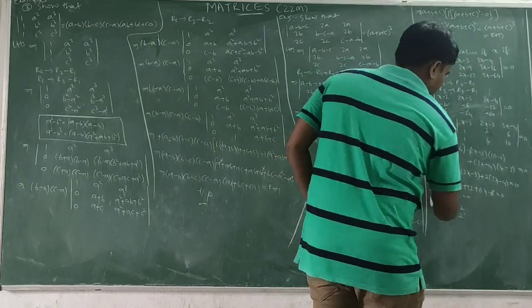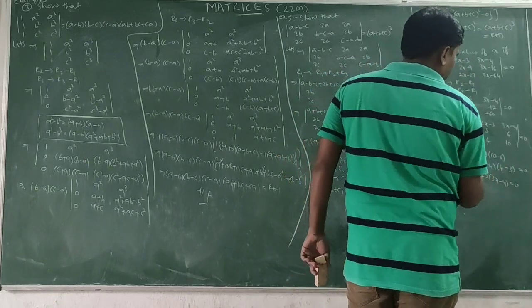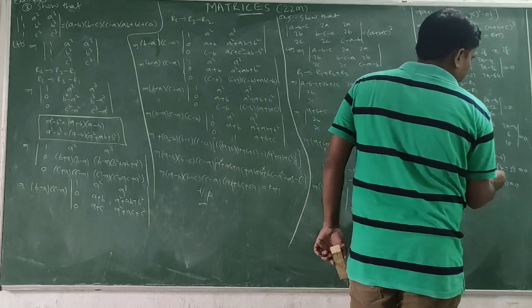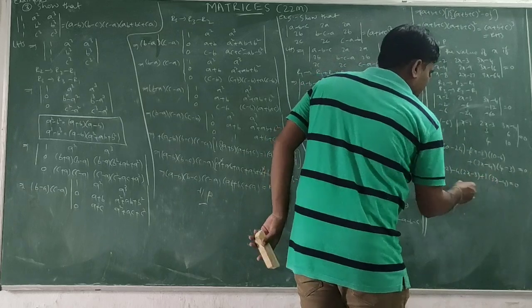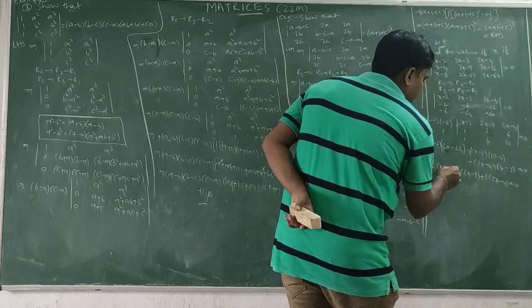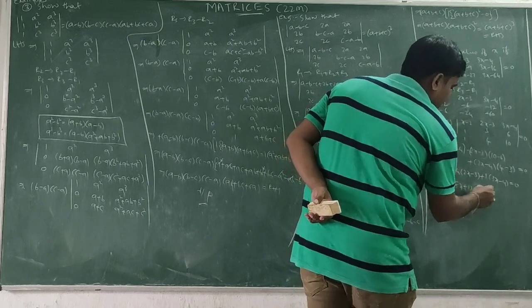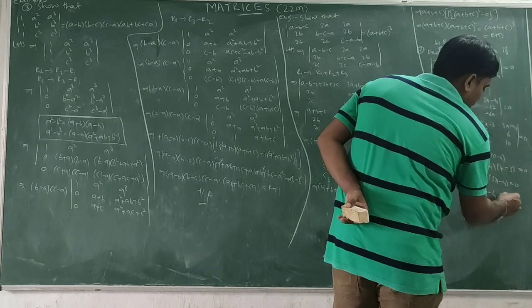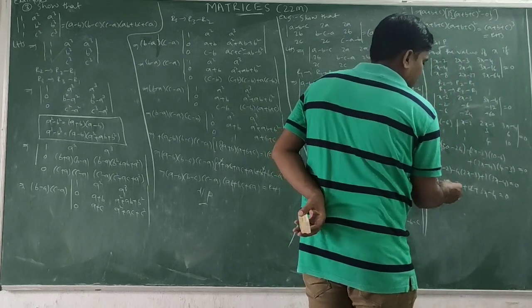Next, plus 6, 10 minus 6 is 4, minus 4 of 2x minus 3. Next, 4 minus 3 is 1. 6 into x is 6x minus 12 minus 8x plus 12, 1 into 3x is 3x minus 4, equal to 0. So 12 gets cancelled. 6x plus 3x is 9x.